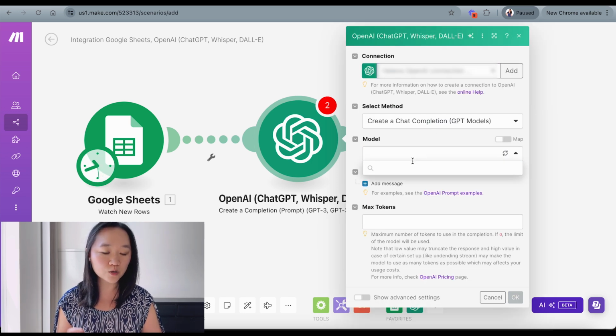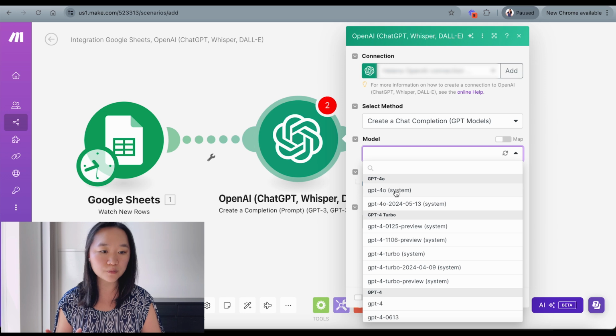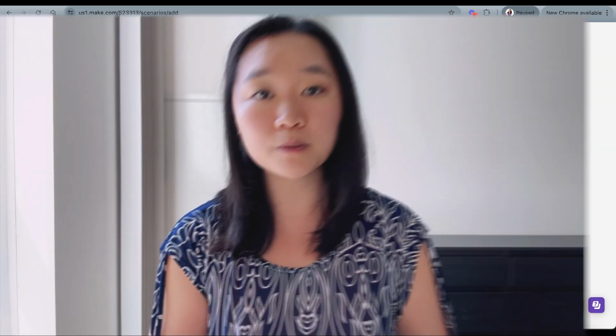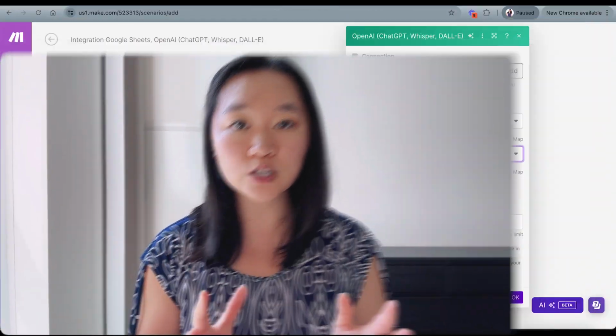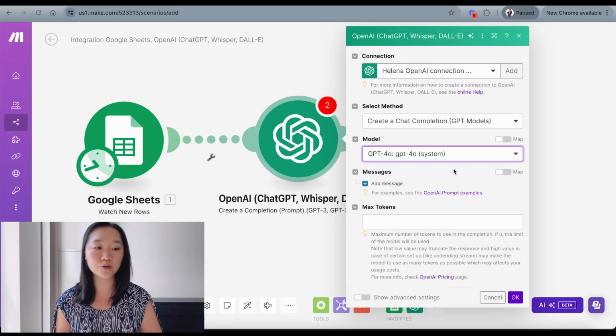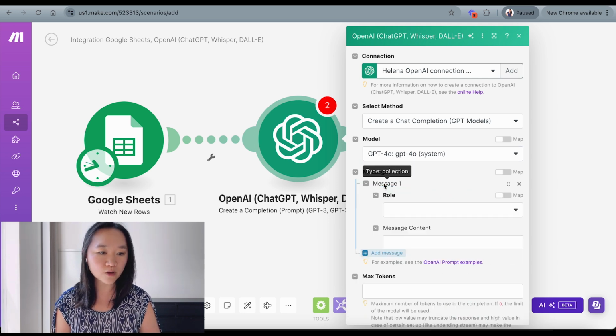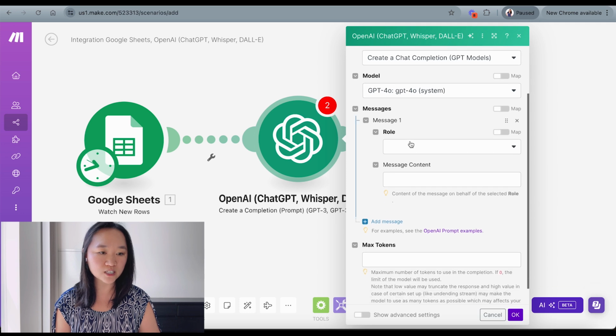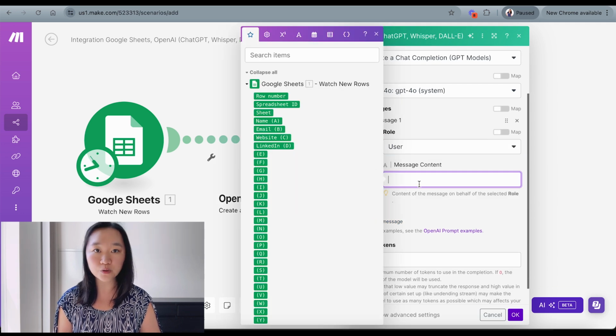In the model, I'm going to select the latest model, which is GPT-4o, and you want to use GPT-4o, especially if you are personalizing based on a link such as website or LinkedIn URL, because GPT-4o currently is the only model that allows you to access the web in real time. After I selected my model, I'm going to now select my message. For the role, I'm going to select user, and for the message content, this is where I put in my